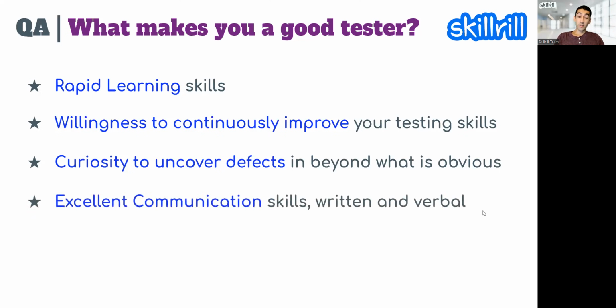Further, excellent communication skills. Why are communication skills important? Because both in writing and verbally, you will be talking. Some people say QA testers don't have to talk to users and so on, but you will be communicating with the developers. You have to explain your thinking process.